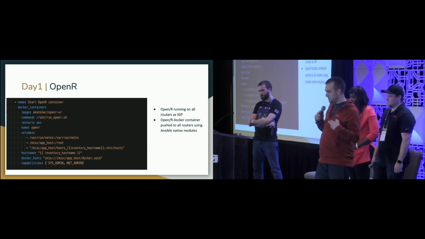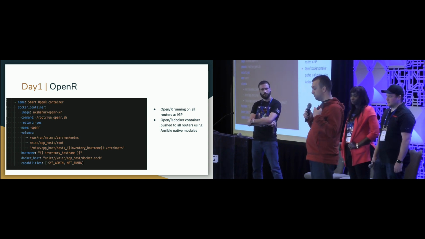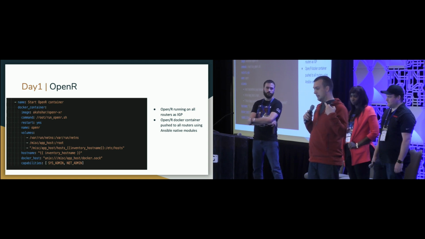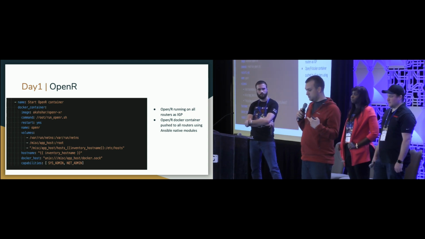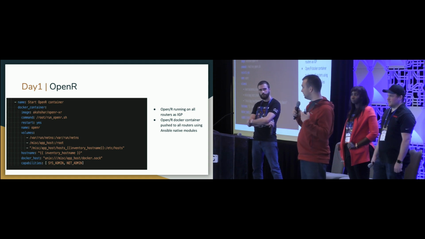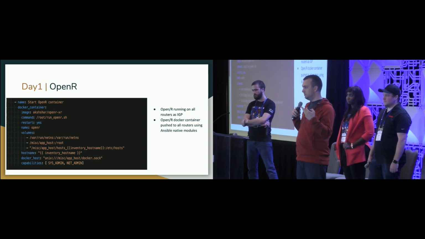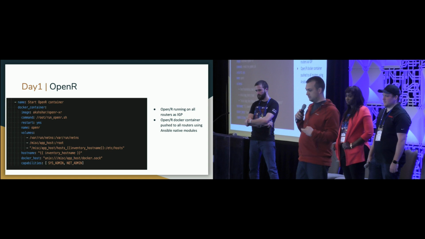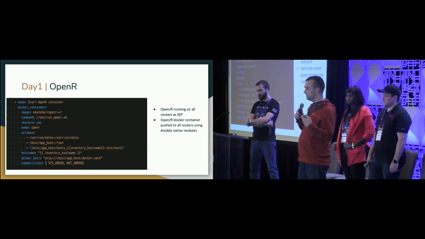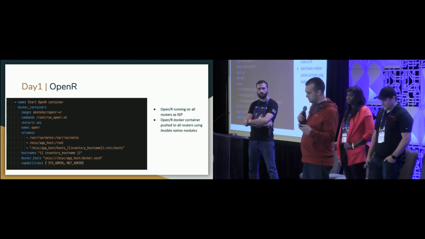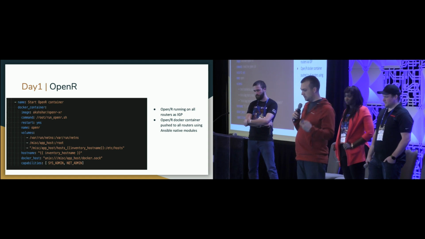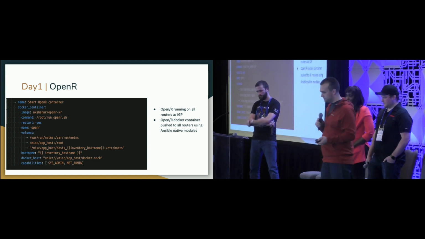As part also of this exercise, we had to use OpenR, and so for me and the team, it was interesting to see that we could use Docker running on IOS XR, and OpenR was running inside Docker. We also took some time to investigate how we could use the native Ansible modules to do that. So we were actually able to, since IOS XR is really like a Linux platform, leverage, as you can see here, the native Ansible Docker container package. And all this integration actually turned out really well. We also had some work around gNMI, but that's something we'll explain later in the presentation. Thanks.